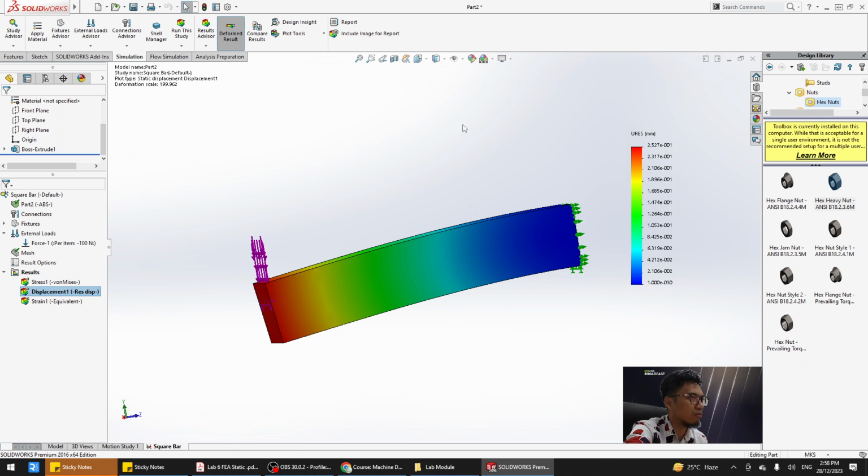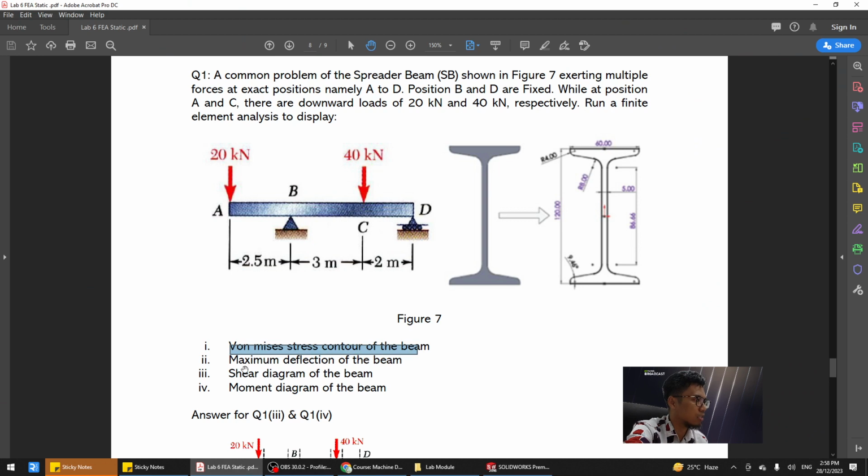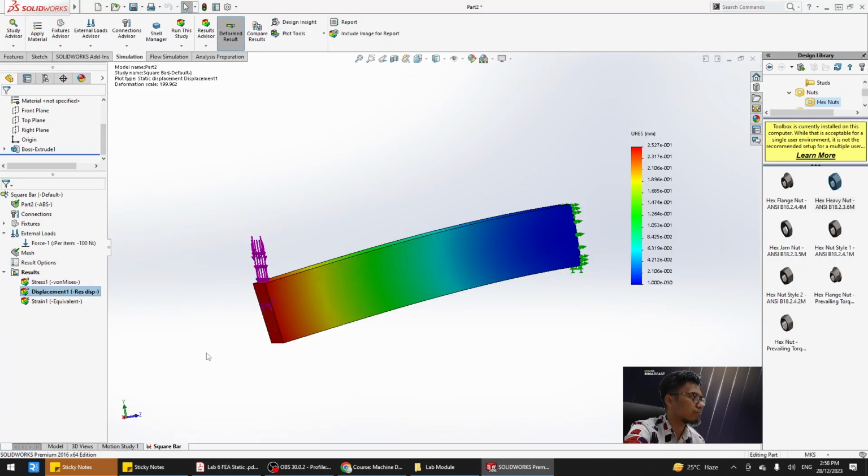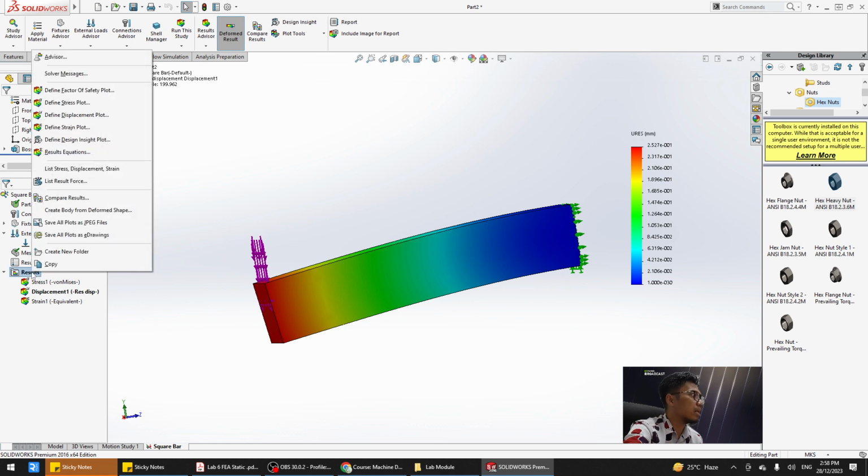Okay, this value is for maximum displacement ataupun maximum deflection. Itulah di sini. Kemudian shear diagram of the beam. Kat mana nak jumpa? You try right click, move your cursor, pergi kat result kat situ, kemudian right click, ambil